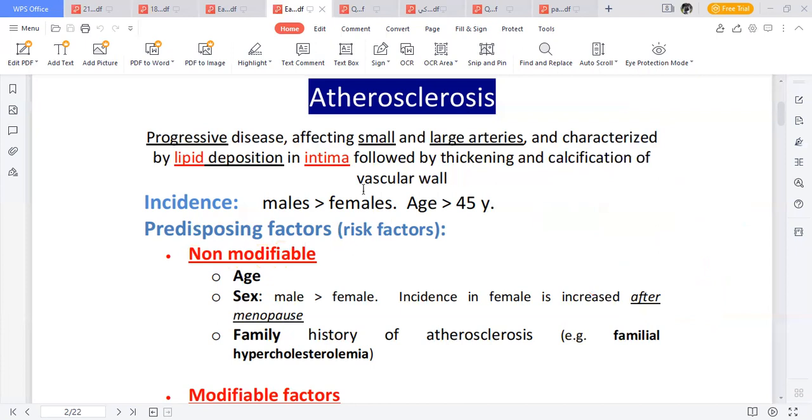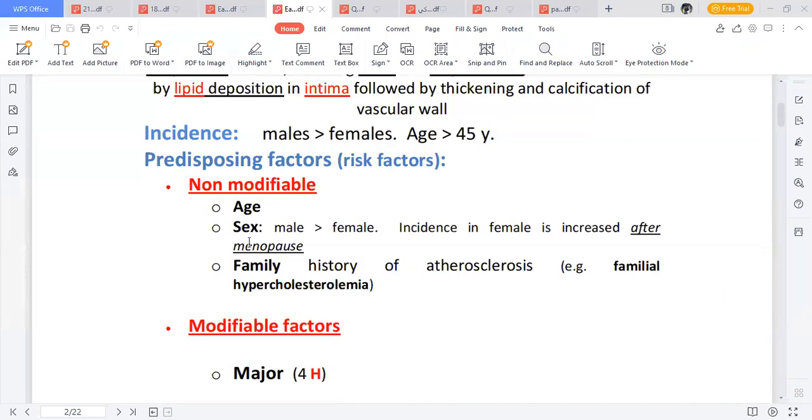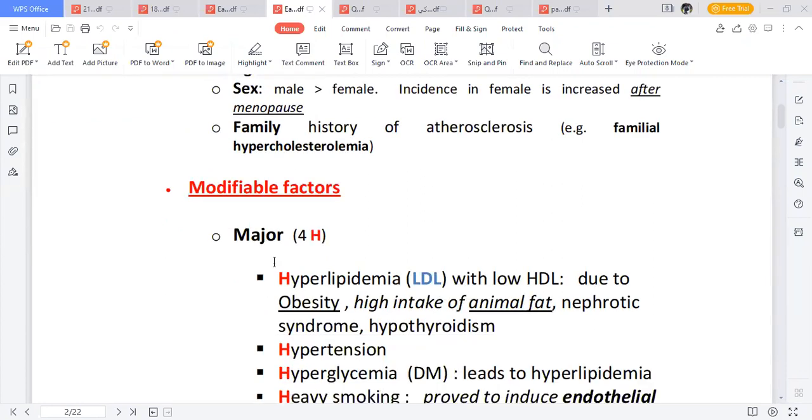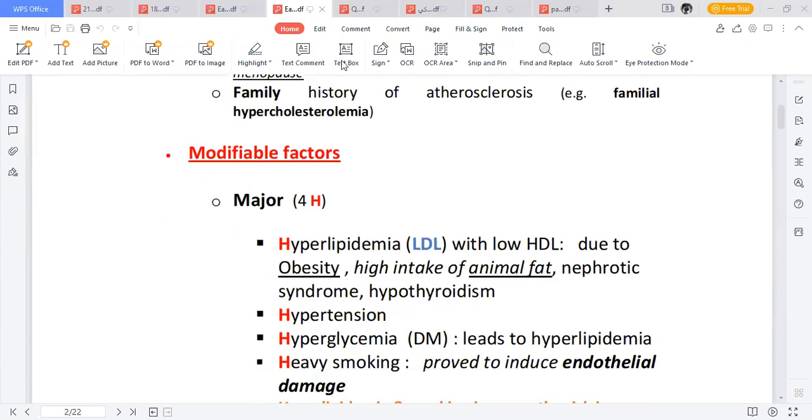So we move from the non-modifiable ones to the modifiable factors, or modifiable risk factors. Guys, these ones, you have to know them. You need to know the risk factors for atherosclerosis, because atherosclerosis is the same thing that is leading to